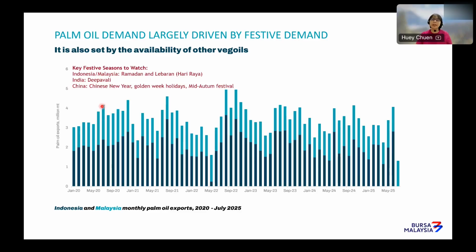And China is another major market. It also follows the Chinese New Year, the Golden Week holiday, and the Mid-Autumn Festival. So these are the major festive seasons that will drive the high demand. And also, uniquely, there is usually a higher demand for palm oil during the summertime, because palm oil